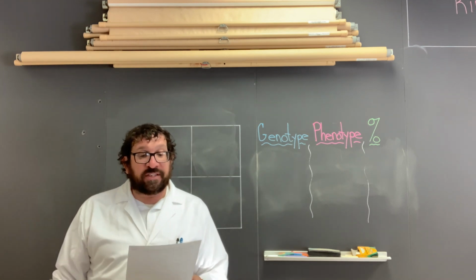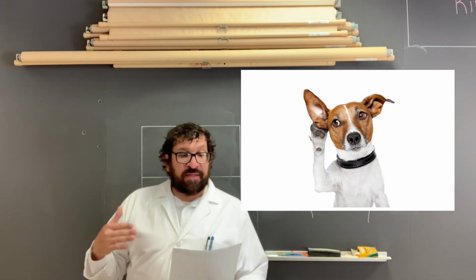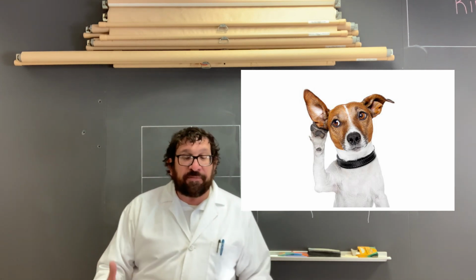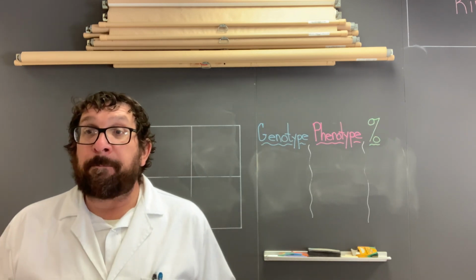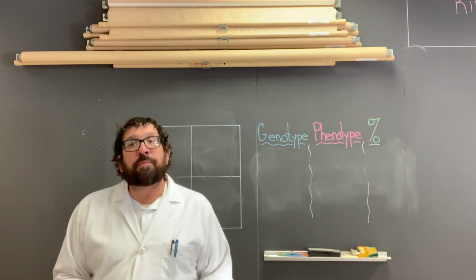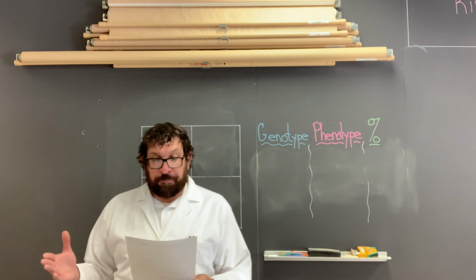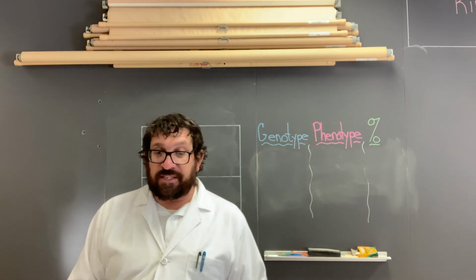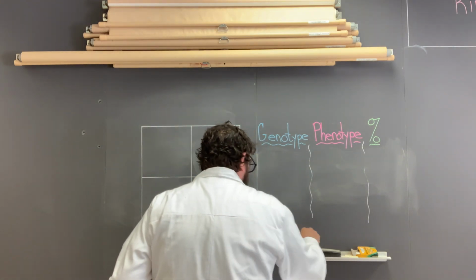Okay, so in dogs, there is a hereditary type of deafness. And that hereditary type of deafness is caused by a recessive gene. If the dog ends up with both recessive genes, the dog can possibly be deaf. So we have 2 dogs that are going to carry the recessive gene. And those 2 dogs are going to be written,